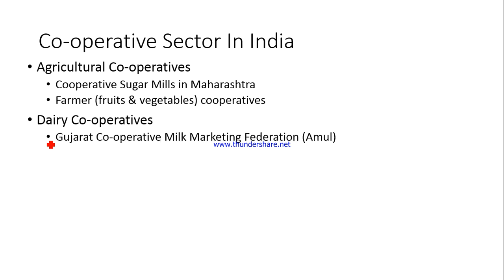Fine. Then we have got dairy cooperatives also. Dairy, I hope you understand dairy products, milk and related products. And one famous example is Gujarat Cooperative Milk Marketing Federation, which you know by the brand name Amul. So this is nothing but Gujarat Cooperative Milk Marketing Federation, where so many villages, so many districts, and within those districts so many blocks, within those blocks so many villages, and within those villages so many dairy farming families have come together to form this cooperative,